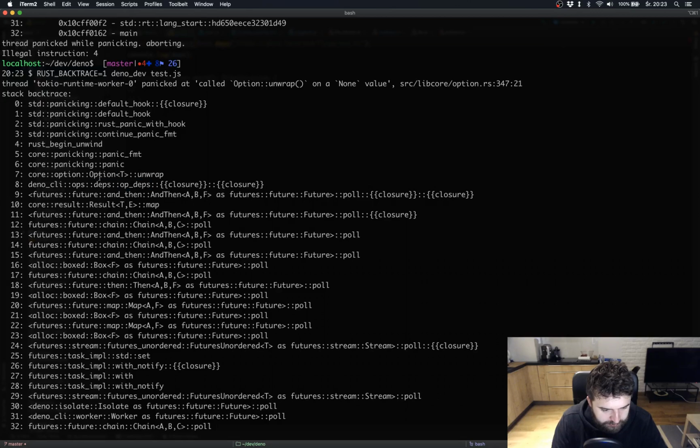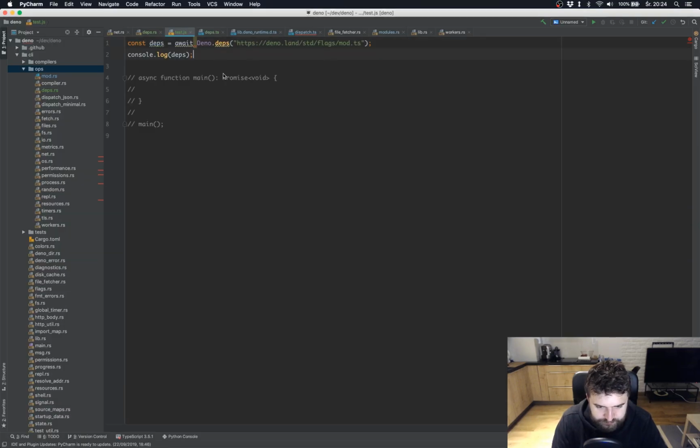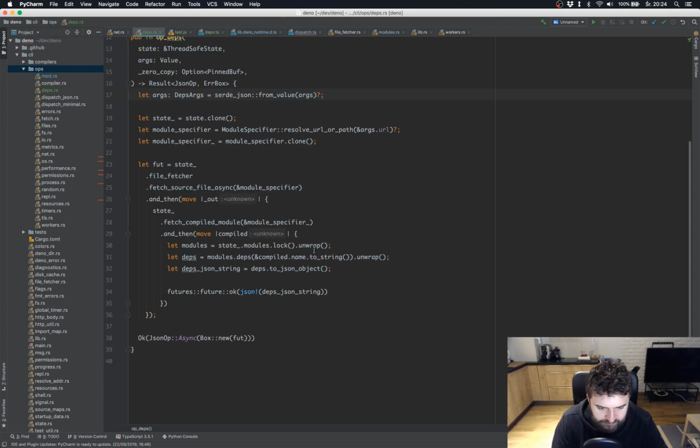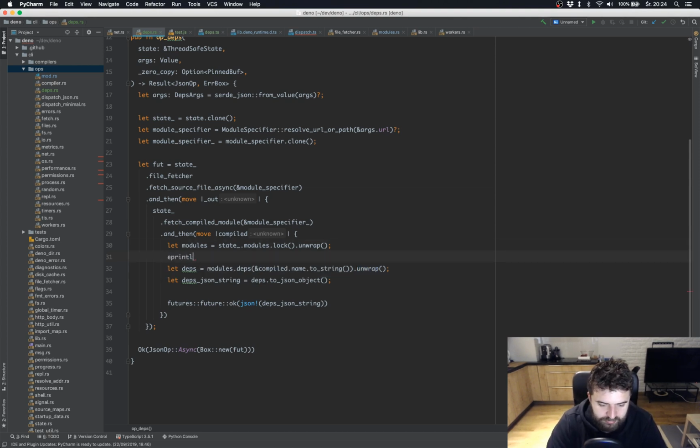Deps, op-deps, option. Okay. Let's see. So I think we're unwrapping this guy here. Let's just quickly add eprintln. So compiled module name. And that would be compile.name, but I also want to do module specifier in here as well, because maybe we should actually ask